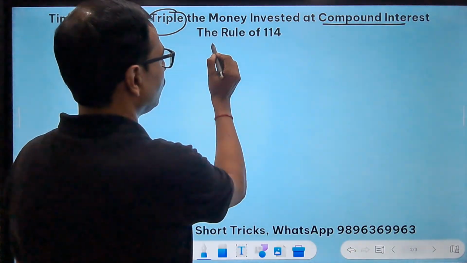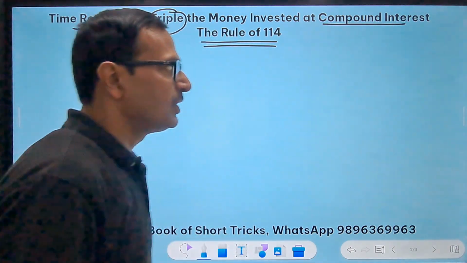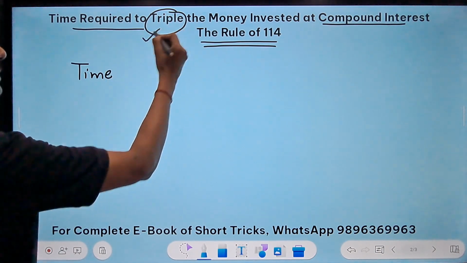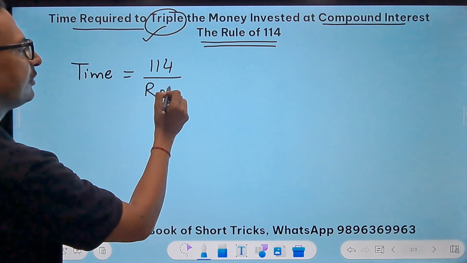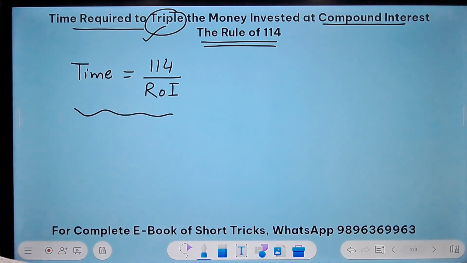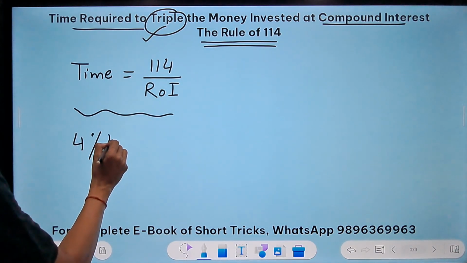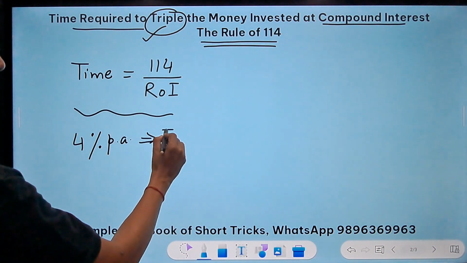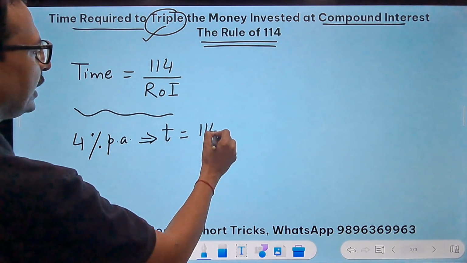And now the rule changes to the rule of 114. So the time required to triple the money is 114 divided by the rate of interest. Now just apply this formula and check whether you get the correct answer or not. I'll start with the ROI being 4% per annum. So the time required to triple the money will be 114 divided by